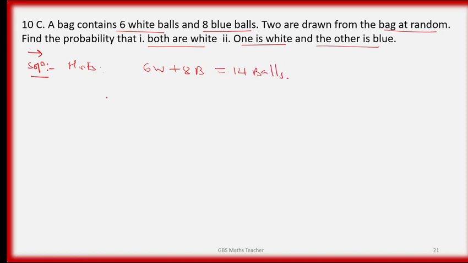So both white को probability, that is white 6 वटा बाट C2 दुईटा छान्नुहोस्, 14 वटा बाट पनि दुईटा छान्नुहोस्, तपाईको आन्सर आउँछ है।